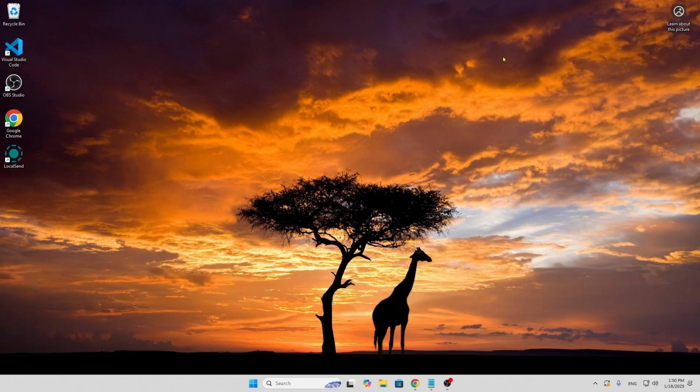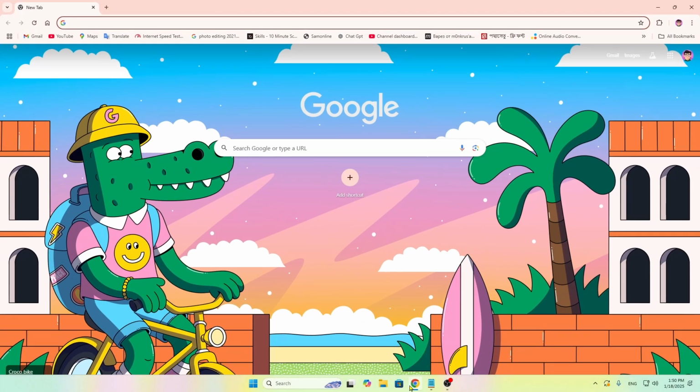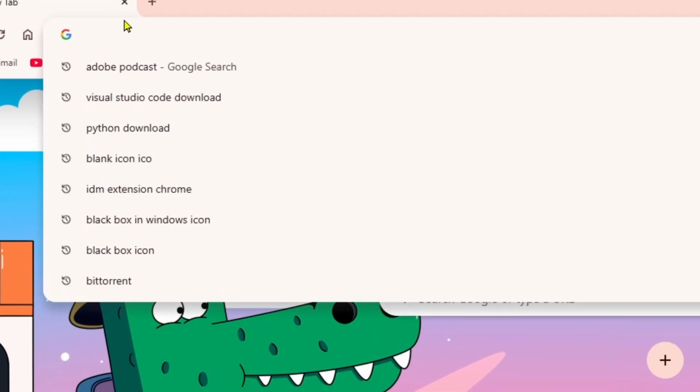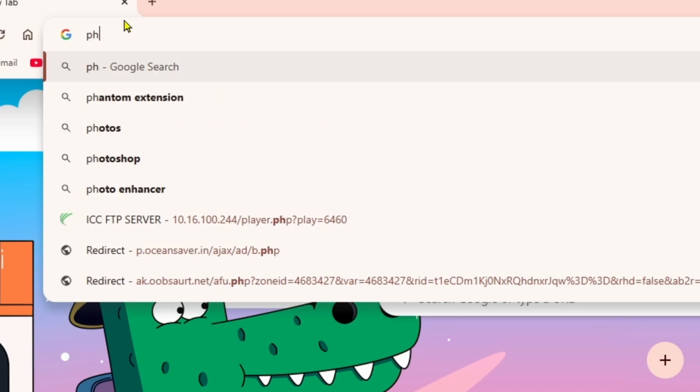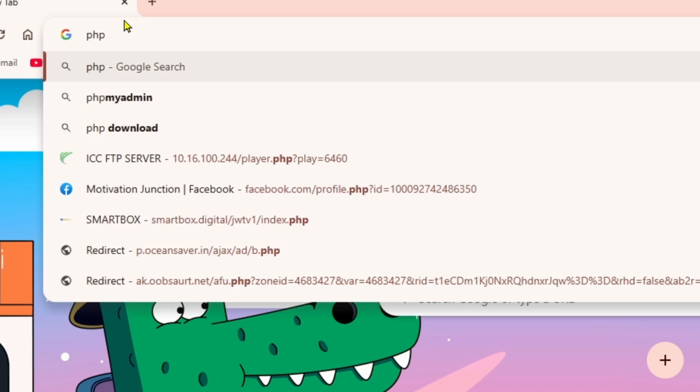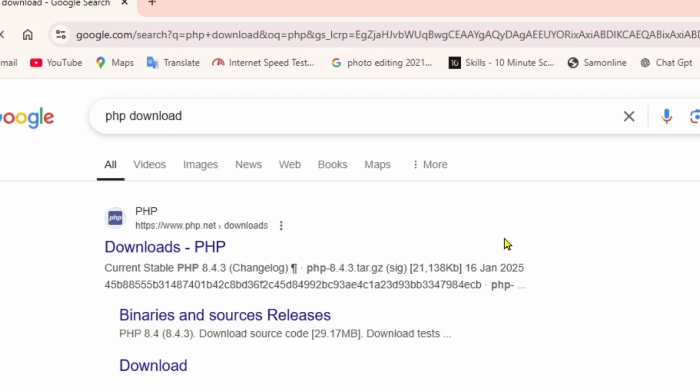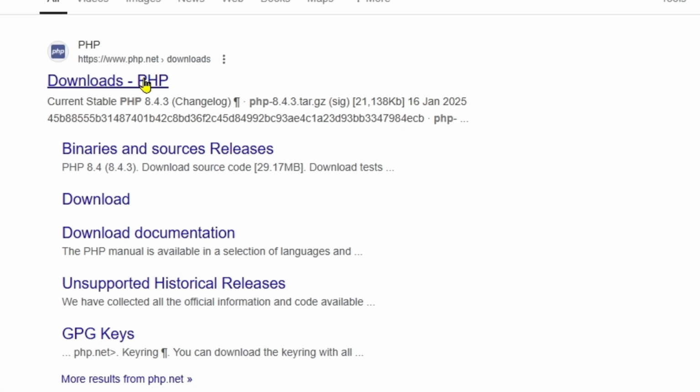Today I'm going to show you how you can download PHP into your computer in a very simple way. First, go to any of your favorite browsers, come over to the search option, and search for PHP. You will get this suggestion called PHP download. If you click on that, then you will get the first website called